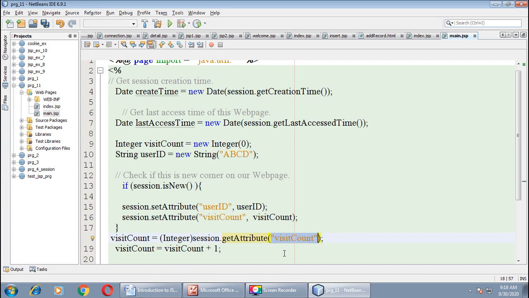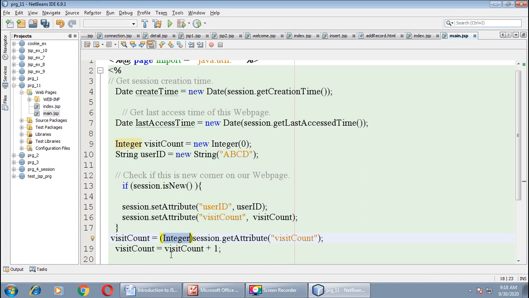So the getAttribute method will access whatever value is assigned in this session, and that will be assigned to the variable visit count, and it is converted into an integer first.